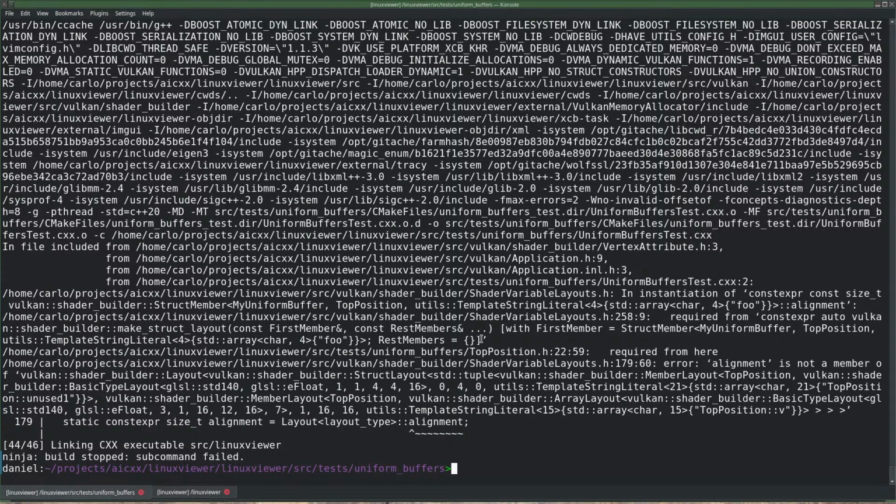Full. Rest members don't exist. Required from here. Error: alignment is not a member of